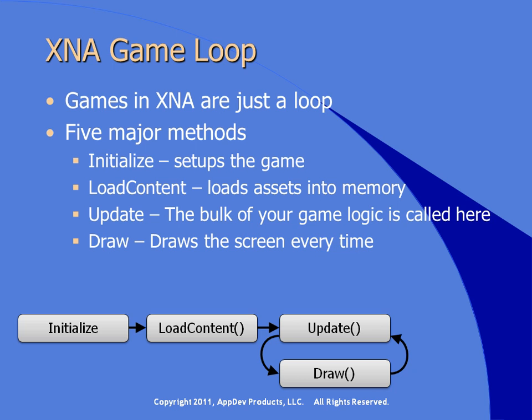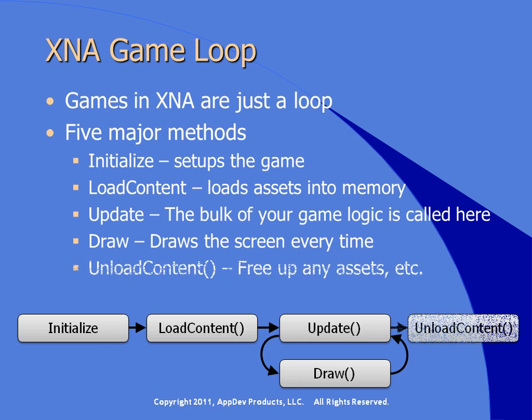And then when draw is complete, it goes back to update. When update's done, it goes down to draw, and we just loop through those two repeatedly until at some point you decide the game's over. The user won, the user lost, the user quit, something like that. And at that point, we'll exit the loop and pass control downstream to another method called unload content, where we can release any memory assets, etc. there, and then the game can exit out. So 5 simple methods, update and draw are where the bulk of your work is going to be done,